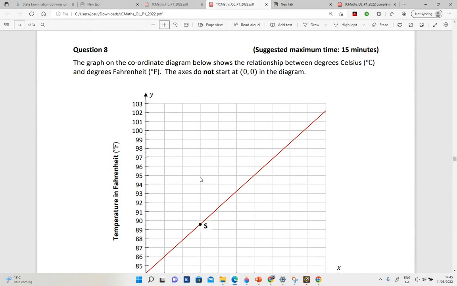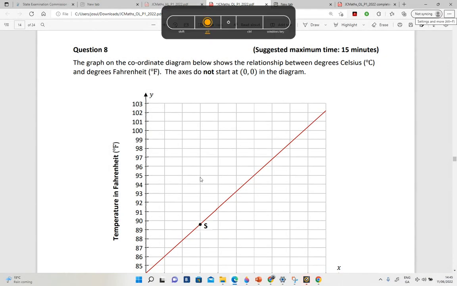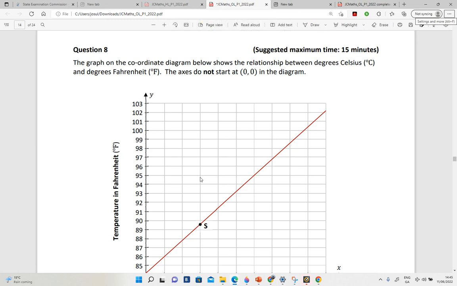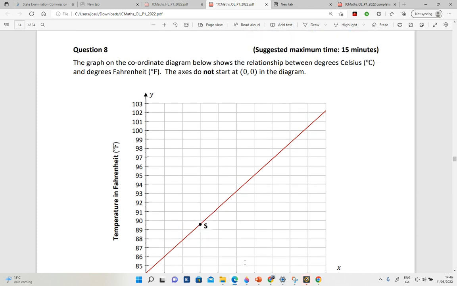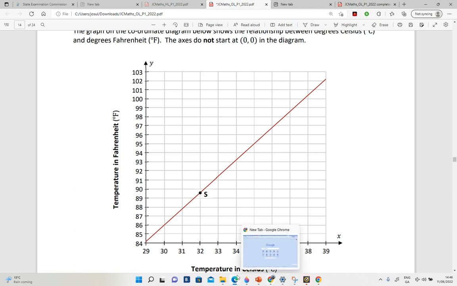Okay, so question 8. Alright, so the graph on the coordinate diagram below shows the relationship between Fahrenheit and Celsius in degrees. So you've got Fahrenheit on the y-axis, Celsius on the x. The axes do not start at 0, 0. They're just pointing that out there. So you can see that it's starting at